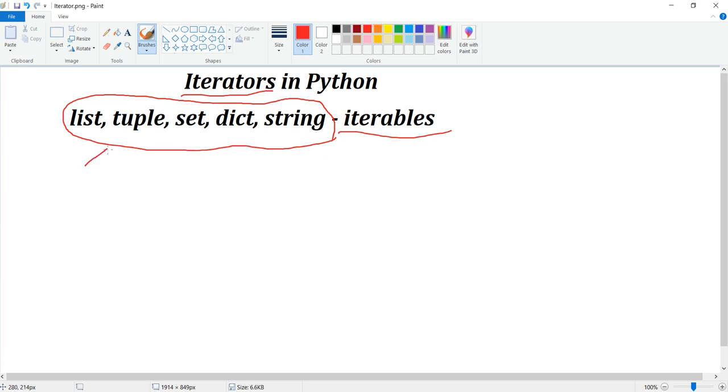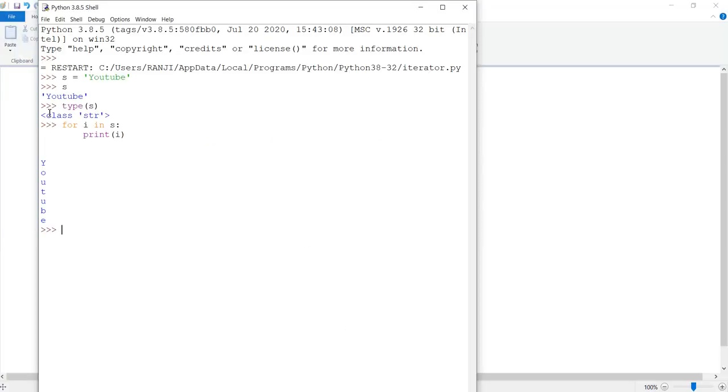What we just saw is we printed the class of S and we got string. Similarly, each data structure is associated with one particular class.